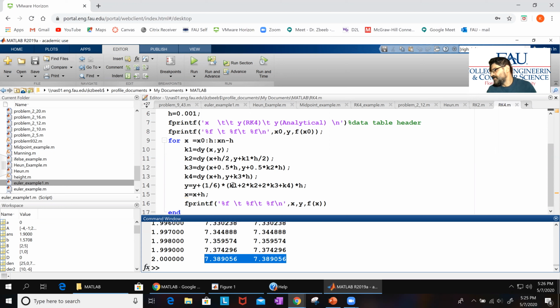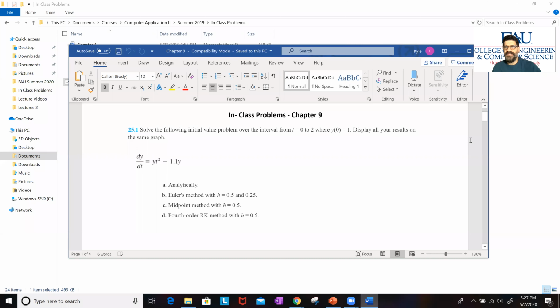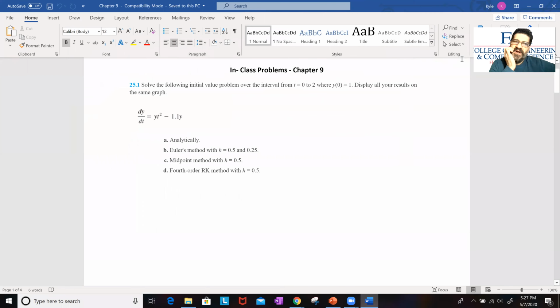Euler. So what we're going to do now is a couple of problems using those codes that we did. So let me pull those E-class problems. So this is the problem that we want to do. Let's read this problem here. It says